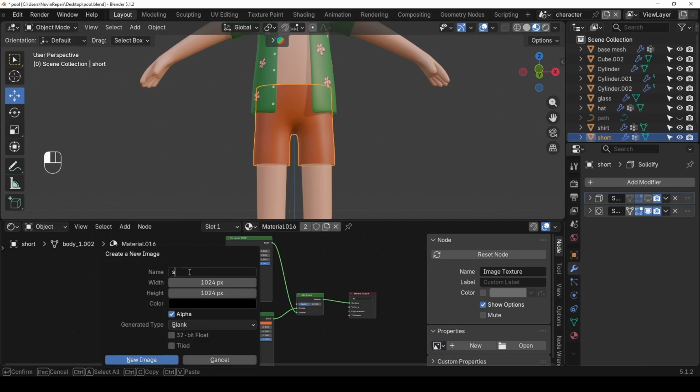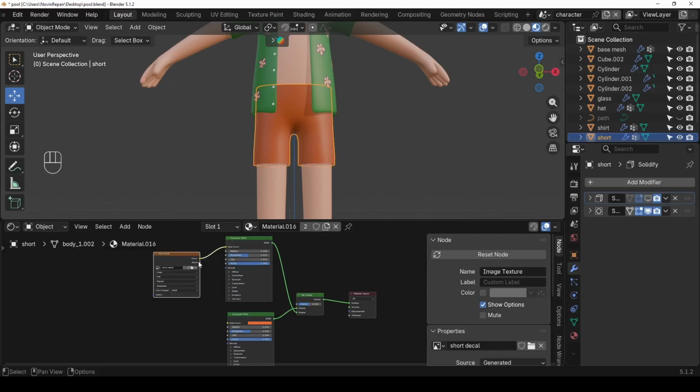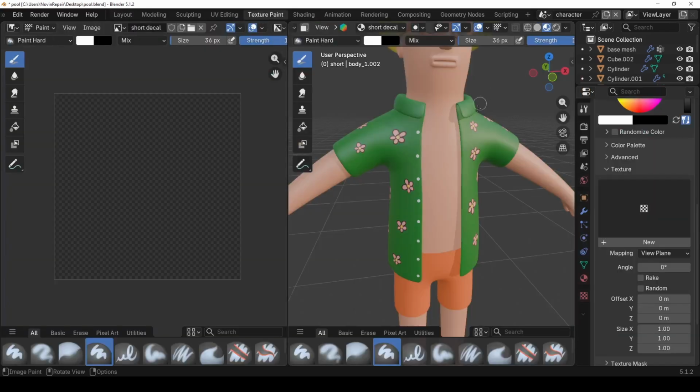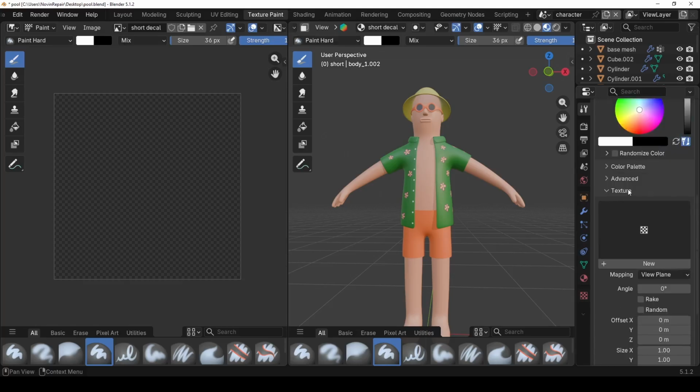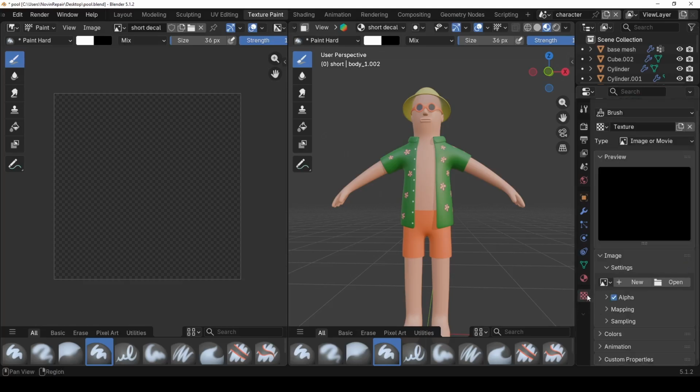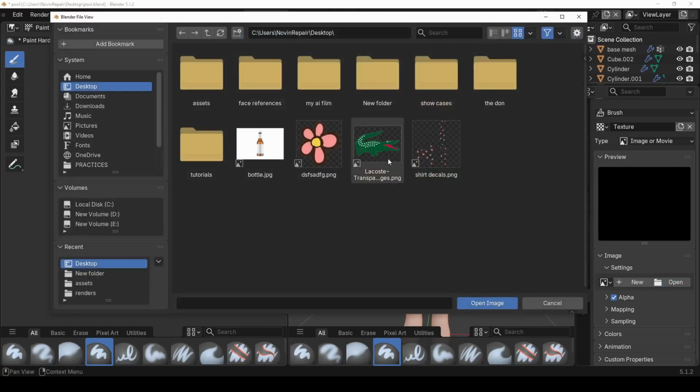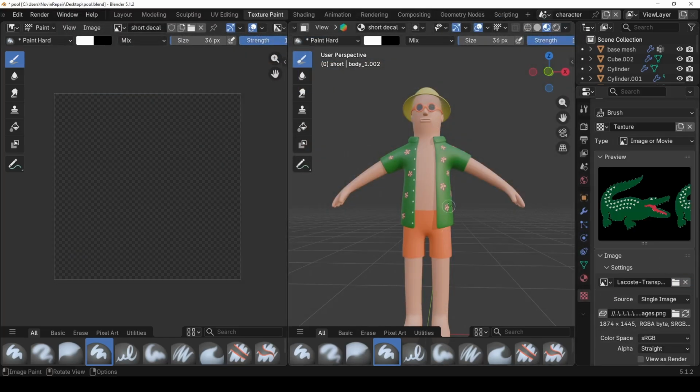Click on new, name it, and define the resolution. I want 4K. Click on color and bring the alpha value all the way down to 0, new image, and connect this alpha to factor. Now we can go to texture paint, and here in tools I'm going to click on under texture, I'm going to click on this new and click here. It jumps to texture, open, and I choose this Lagos logo, and let's go back to tool,